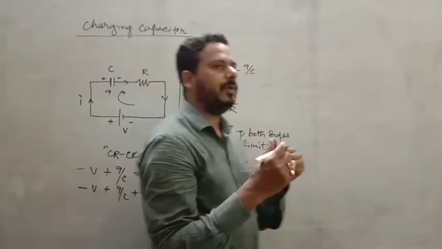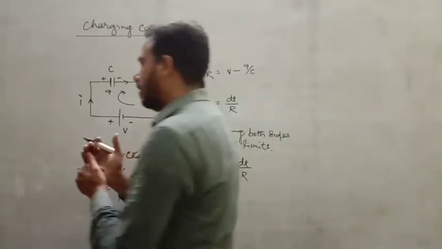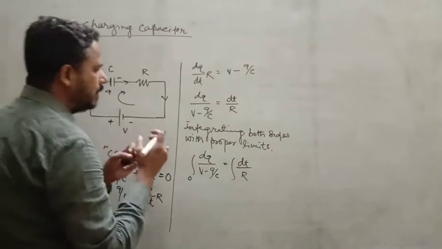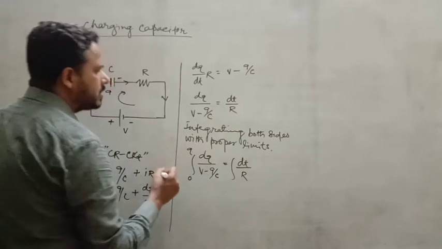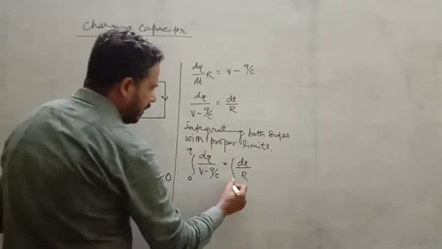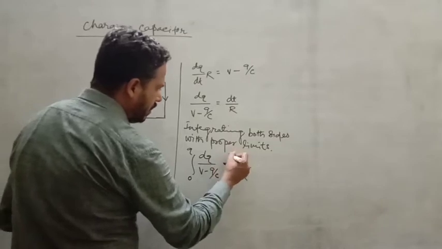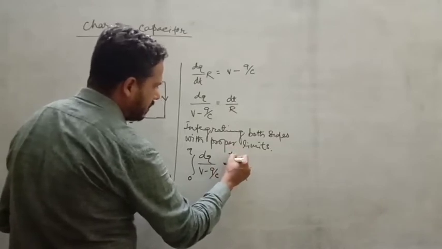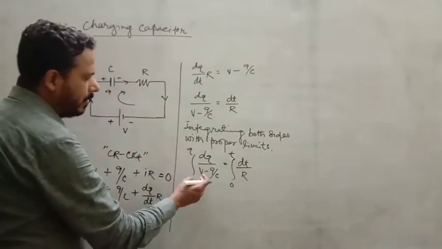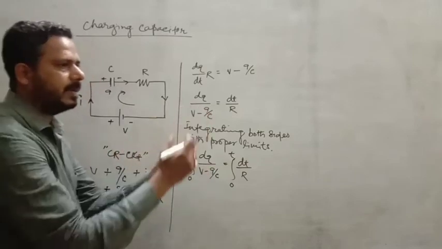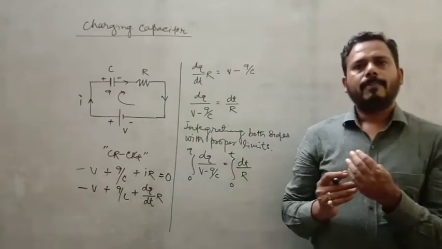Right, now if it becomes fully charged after time t, how much would be the full charge? Just let the full charge be q, just assume it to be q. Accordingly, time goes from 0 to t. You have to take here 0 to t, this one is your time. Now you just integrate this one. So this one is the format of dx by x, and its integration would be how much?